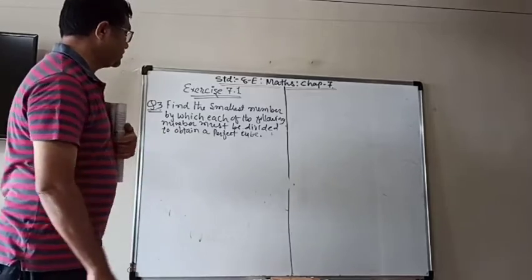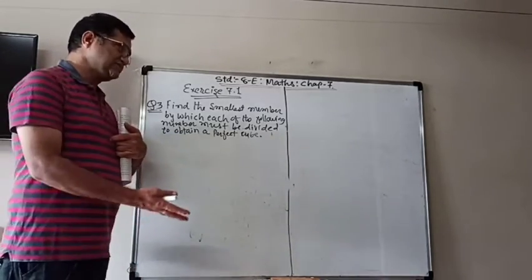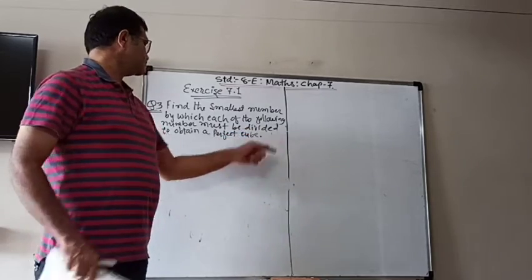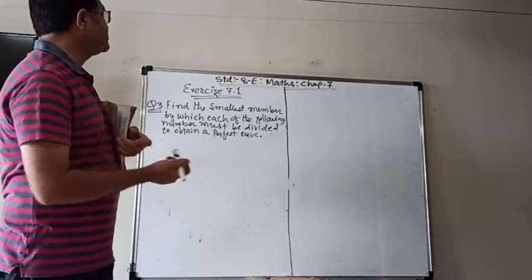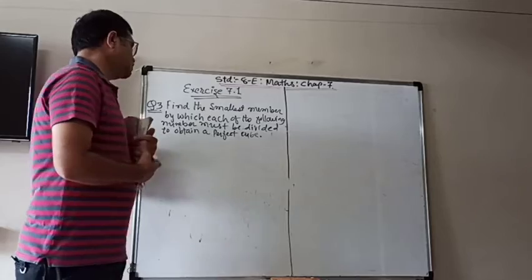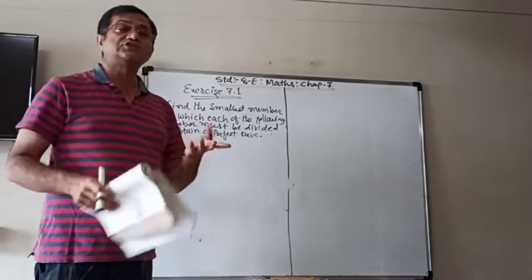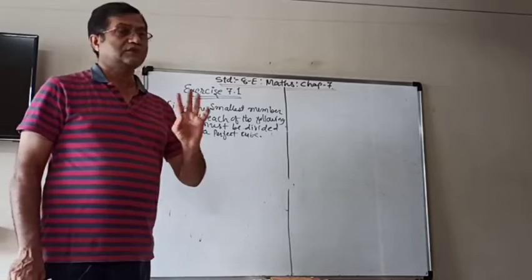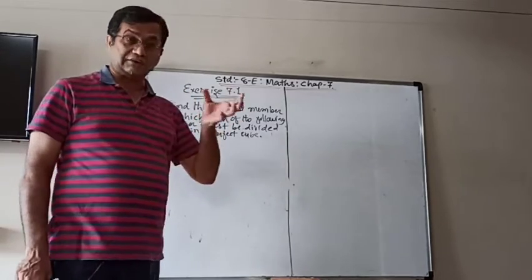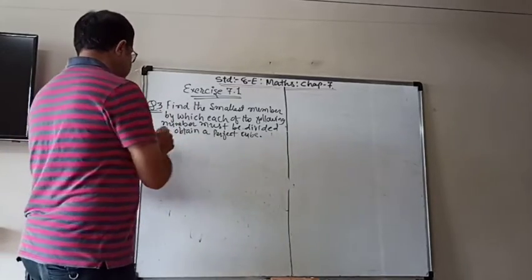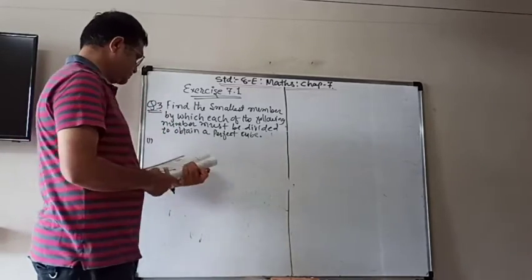Now question number 3. It is also the same question, but in place of multiplied by, here it must be divided. So the only small difference is that we have to do the same thing, but for the last answer, where we multiplied, here whatever is extra, you have to divide it. So let's take the first question from it.